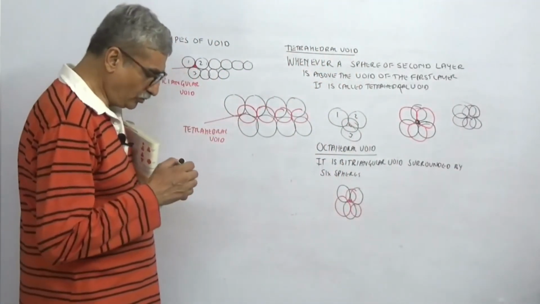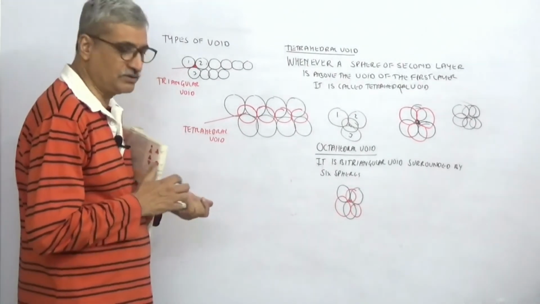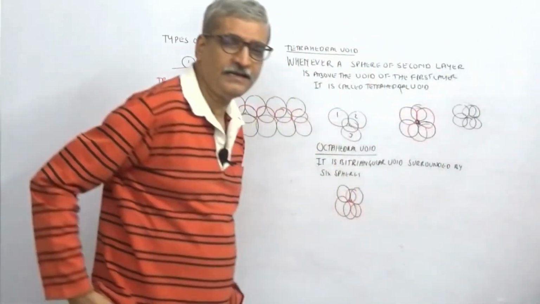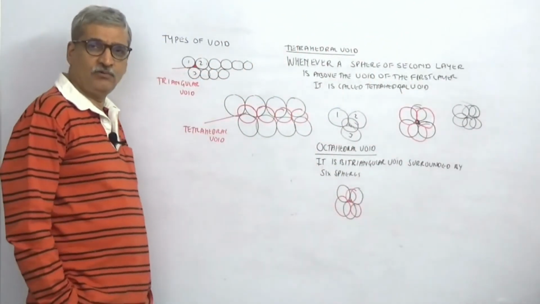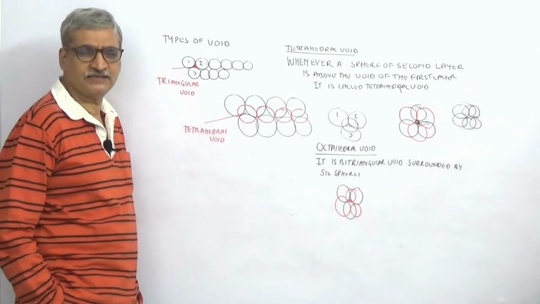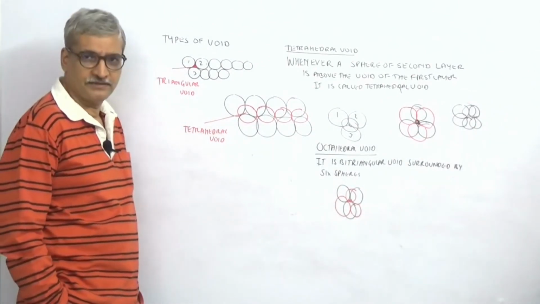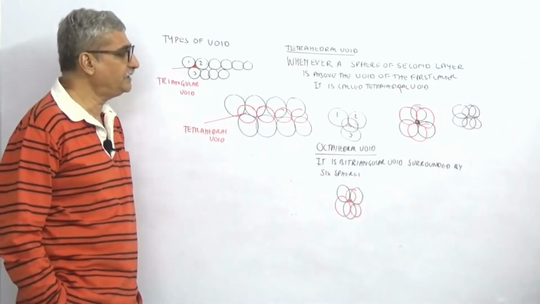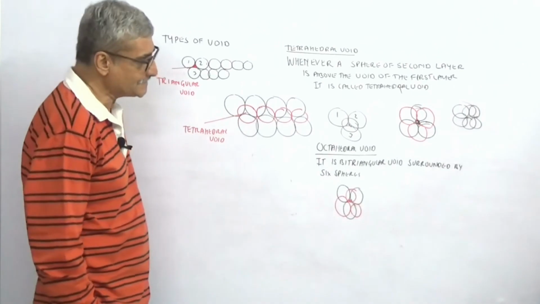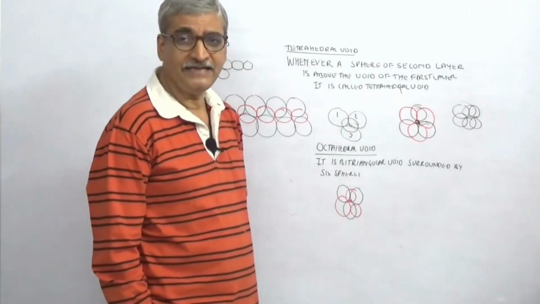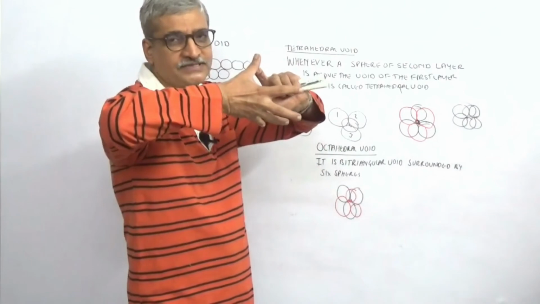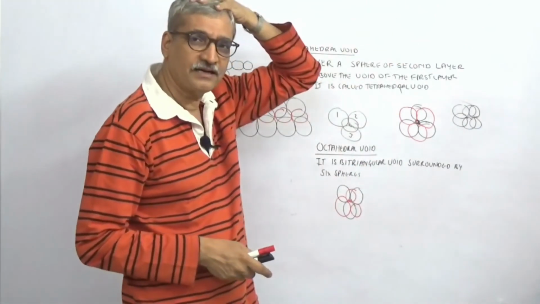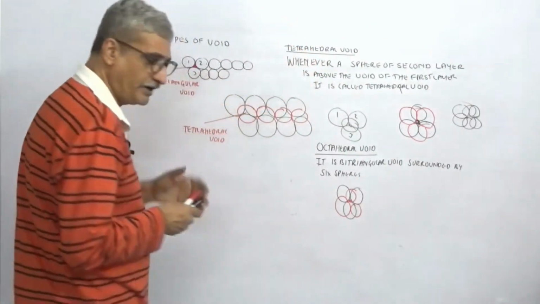Now in a cubic closed structure, what is this used for? So what are the voids you have seen? The voids that you have seen are triangular void, simple first layer, 3 atoms are surrounding, triangular void. So in this triangular void, when the sphere of the second layer is put, it will be a tetrahedral void. Is this clear? And if it's a bitriangular void, with the triangles opposite to each other, then that void will be octahedral void. Why are we teaching you void?